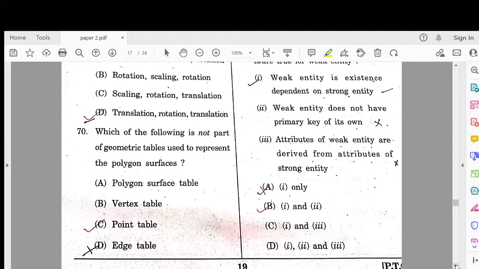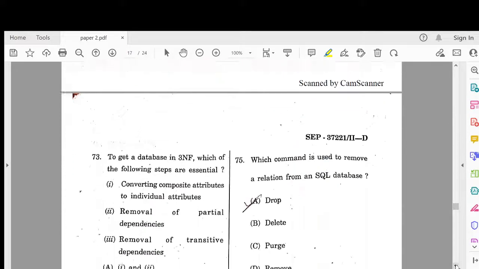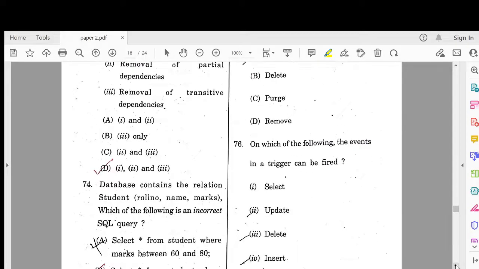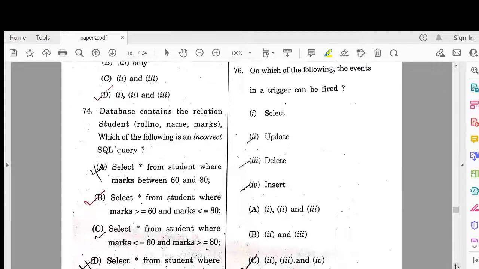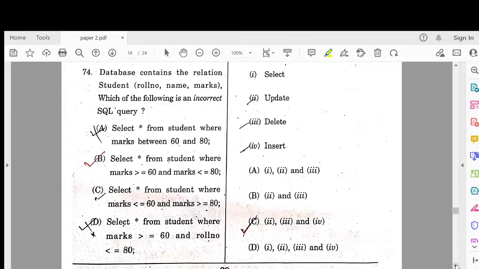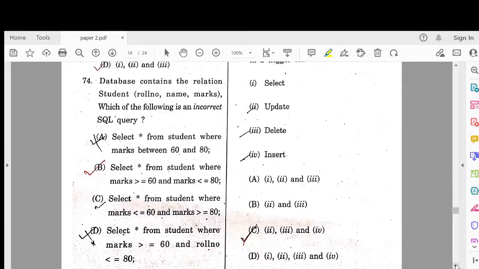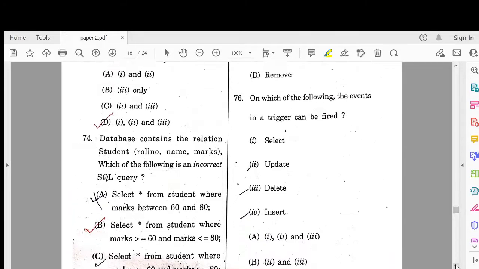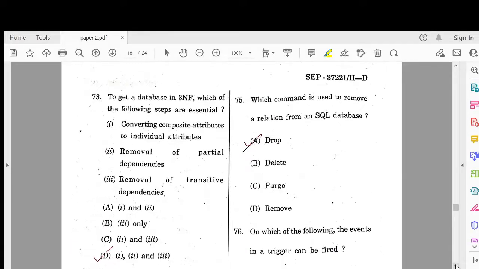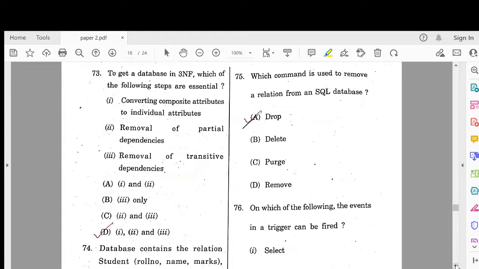So the option B is correct for 1 and 2. Question number 73, option D, 1, 2 and 3. Question number 74, B, select star from student where marks greater than or equal to 60 and marks less than or equal to 80. How come given B? Don't know. Question number 75, option A, drop. Question number 76, trigger